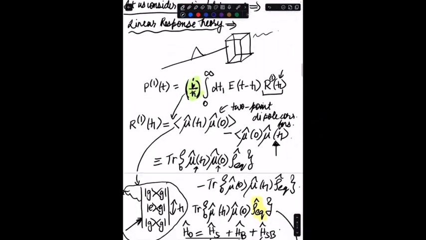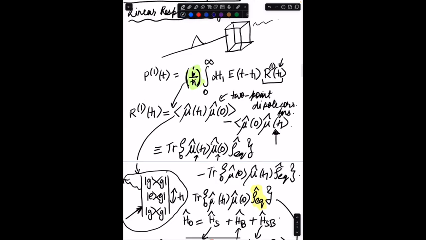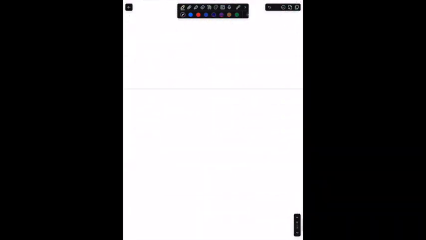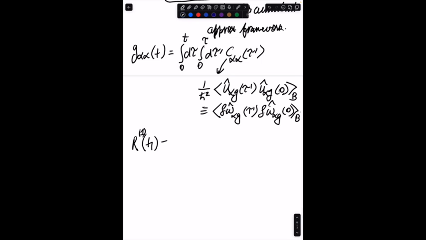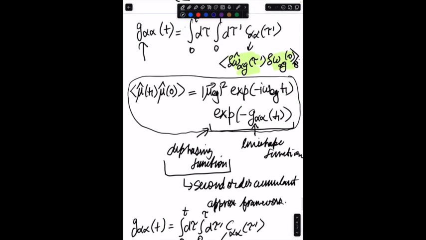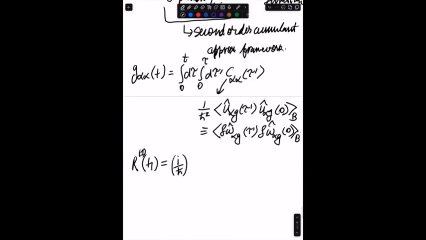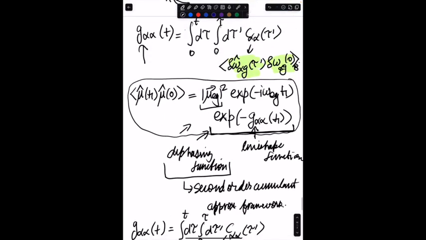The thing which we were initially intending on calculating is given by I upon h bar times the two-point dipole correlation functions, which are just conjugates of each other, is given as I upon h bar times this quantity minus its complex conjugate. So this is a real quantity, this is a real quantity. So you don't have to worry about these two, they can just be pulled out. So you get